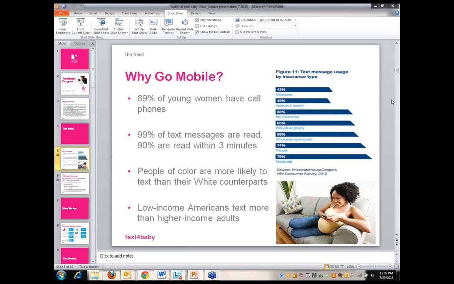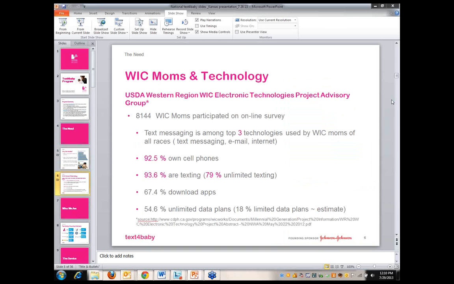Both very important data points just to reinforce why this model is really a great tool to reach specifically the population that we want to be reaching. So I focused a little; I have some slides in here around the WIC community. I know you all work with a broad range of different clients and patients and women, but just to kind of give an example,